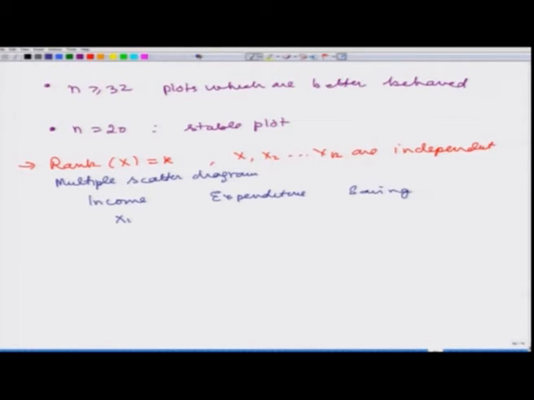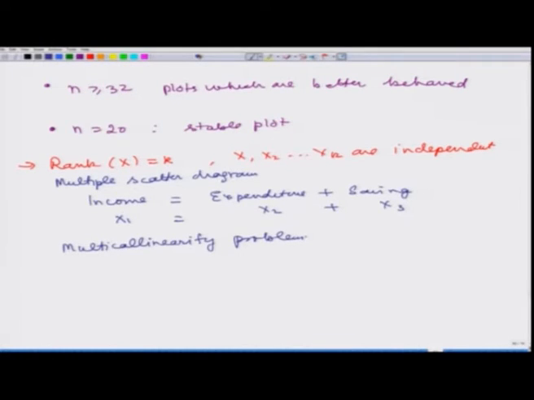So he or she might be taking them as x1, x2, x3, but if you try to observe, there is a relationship that x1 is equal to x2 plus x3, and in this case we have a problem, and this problem is called multicollinearity. This multicollinearity problem is one of the problems which has not got a satisfactory solution up to now, but